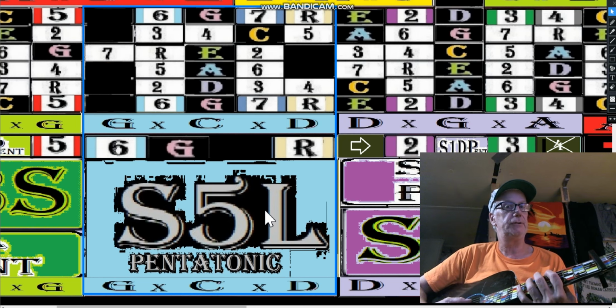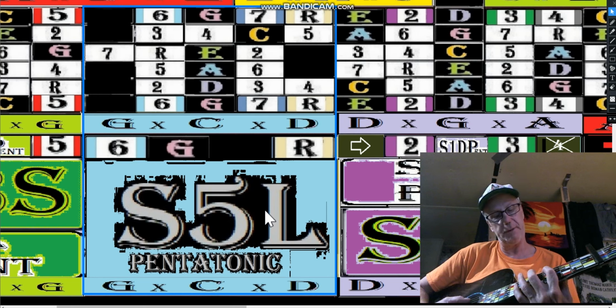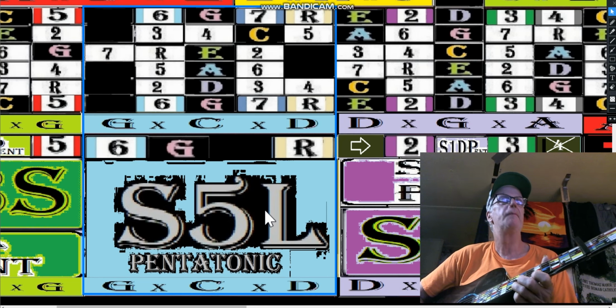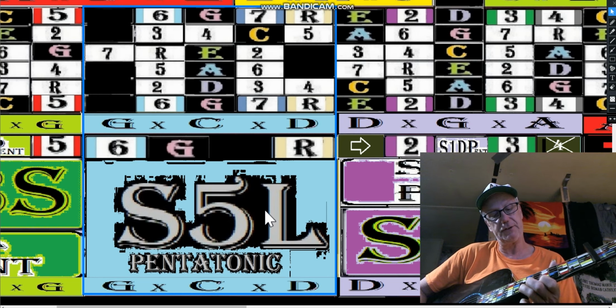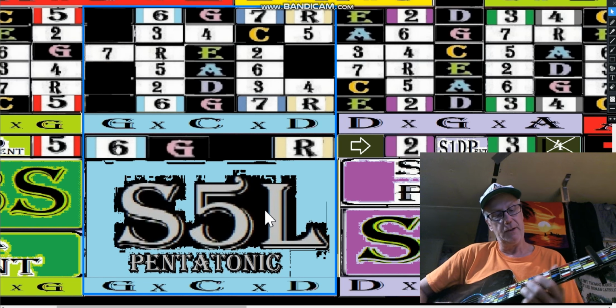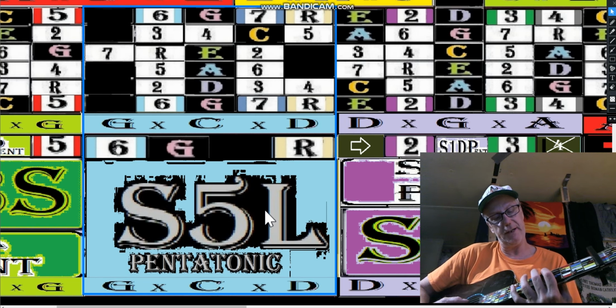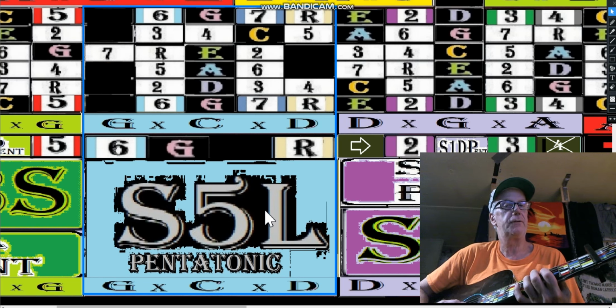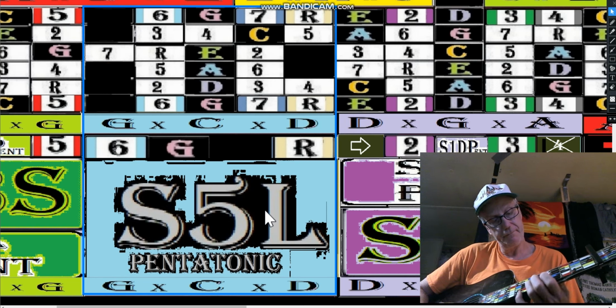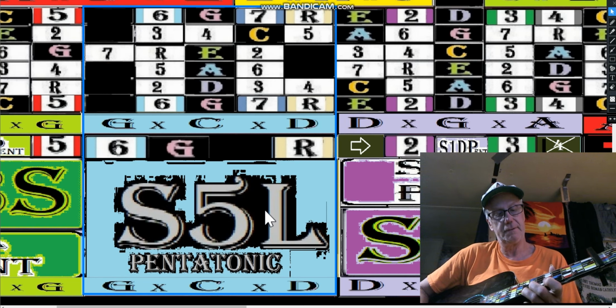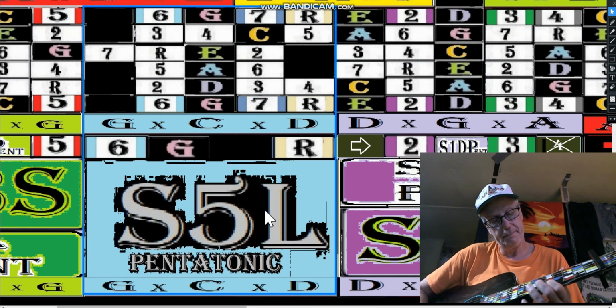So what was that S5L? That's the G pattern, so you know it's going to start on diatonic, with a G on top. So we've got our G on top, but now it's just like this. The S5L pentatonic is going to have a G shape, and then it goes into an S3L. Then it has a C-shaped pentatonic, an S1C pentatonic, and an S1G pentatonic. Okay, so